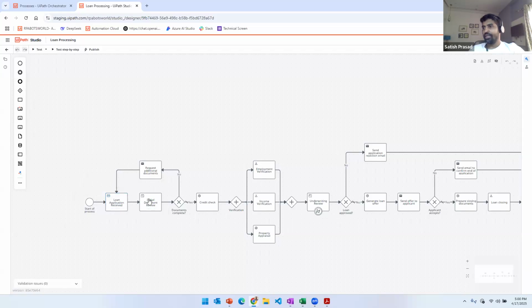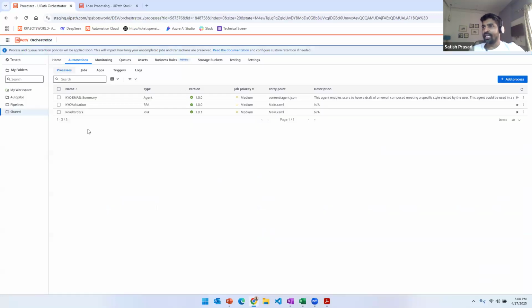Okay, so if you look at this is an event, right? And this is a service. If you look at this service, you will see that it communicates with the other services. And how will that communication happen? Communication will happen with the help of input and output parameters that you pass between them. So it's still the responsibility of you as a developer to make sure that you are passing the right input inside the service task, and then bringing out the right output for the next step to process. So you should be bringing all those conditions.